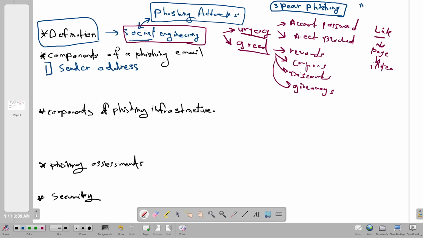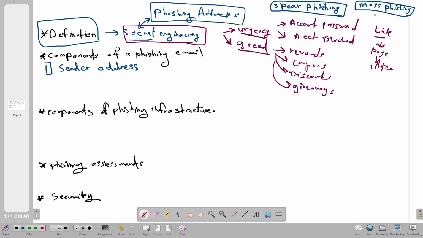But with mass phishing, we target more than one specific target. We don't need to know information about these people. You might have received a lot of phishing emails before, and you might be wondering, what's wrong? Why are these people sending me phishing emails?